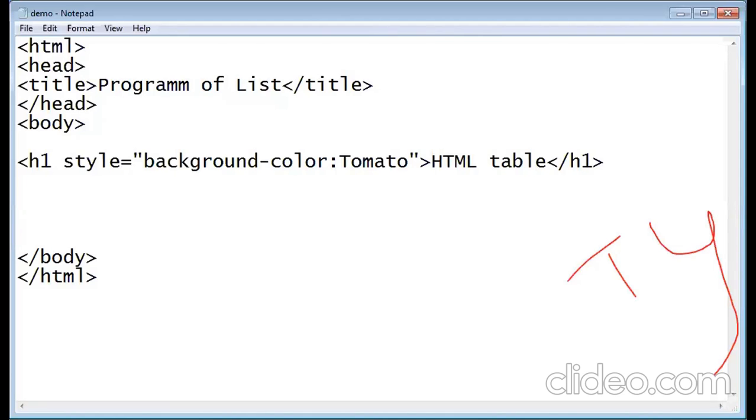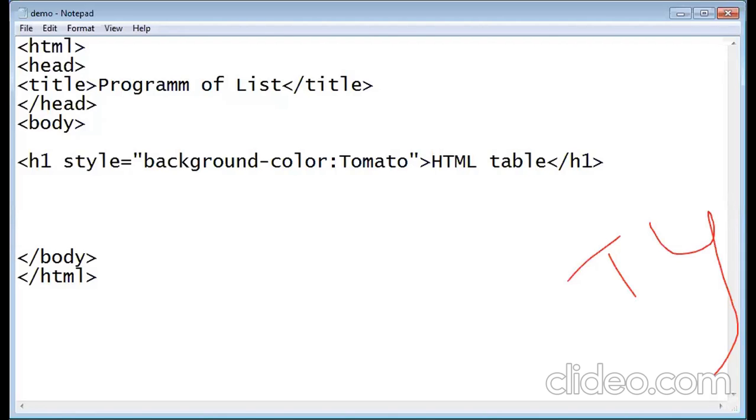Let's see the attributes. For the label tag, you have to use the for attribute. The opening of label is your tag, and whatever we are writing inside the tag will be your attribute. This attribute will be applied for this text, then we have to end the label.